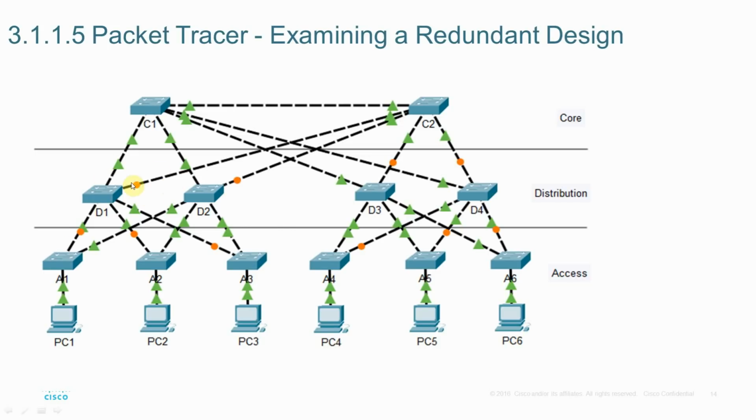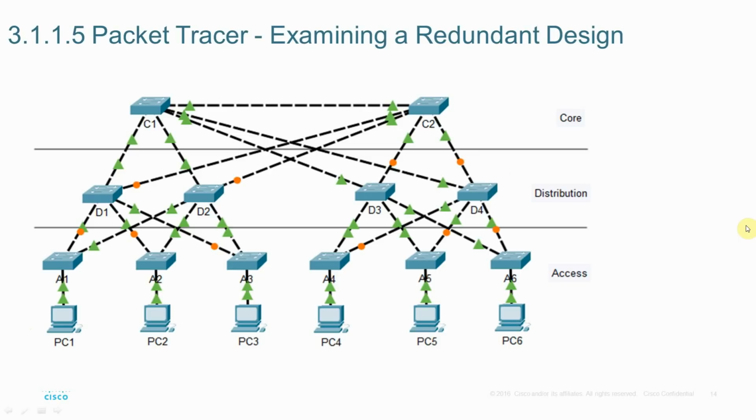But some of the links are in amber, meaning orange in color. If you see amber color or orange color, you can say anything. So those links are in the alternative state. We say these are the alternative ports, meaning the blocking ports. So this is the green color link. It means it is working fine, and the link is available, meaning the data can flow through this link. You can see, but these are the blocking links, because there are so many redundant links from PC1 to PC6 available to reach the destination.